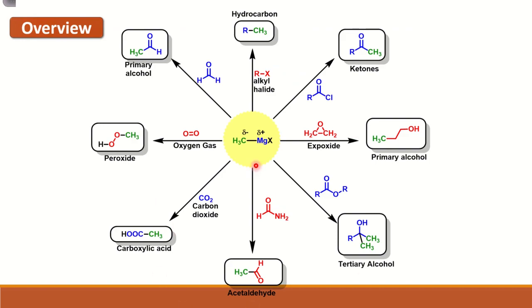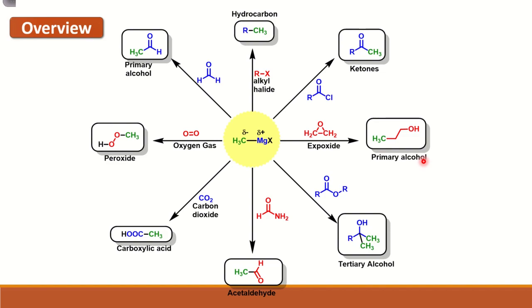Grignard reagent is very important because of its several utilities. So first is, if I treat it with the acyl chloride, this MgX gets attached with the Cl, forming MgXCl, and this CH3 attaches itself onto the C double bond O, and we'll end up having a ketone. Similarly, this is one of the most important reactions, where an epoxide is treated with the Grignard reagent. The CH3 will attack onto the CH2, and we'll get CH3, CH2, CH2, O negative, and the O negative gets attached to the MgX, which on further hydrolysis will give you a primary alcohol.